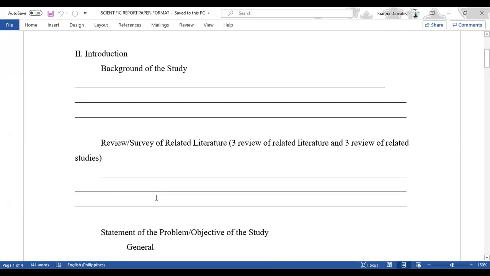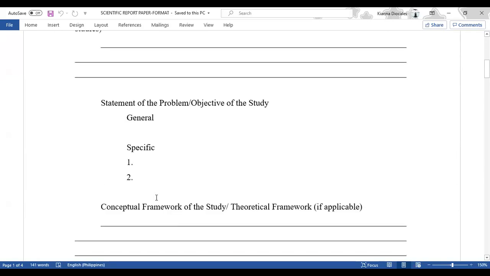Review or survey of related literature. This is the same with the review process. Minimum of 3, maximum of 5, RL and RS. In the part of the statement of the problem, guys, one general question lang po. For example, you would like to determine what is the effectiveness of oregano in curing wound. Yun lang, general. Specific, for example, in the trials, what is the effectiveness of using oregano in curing wounds, having,